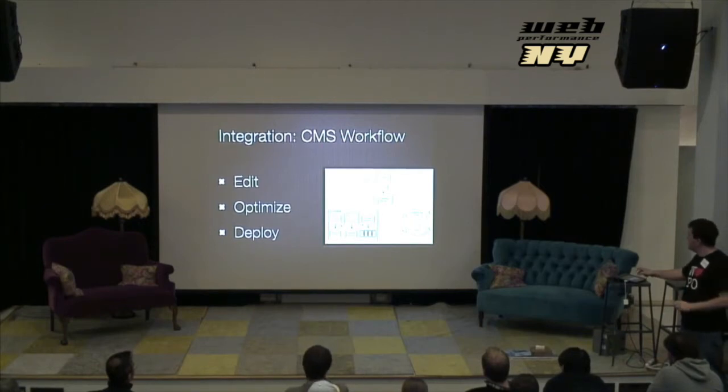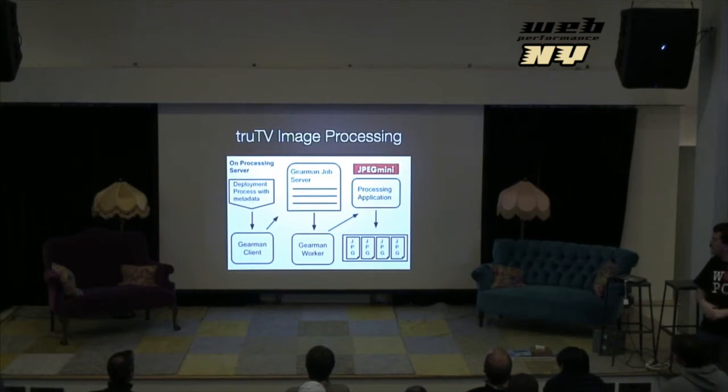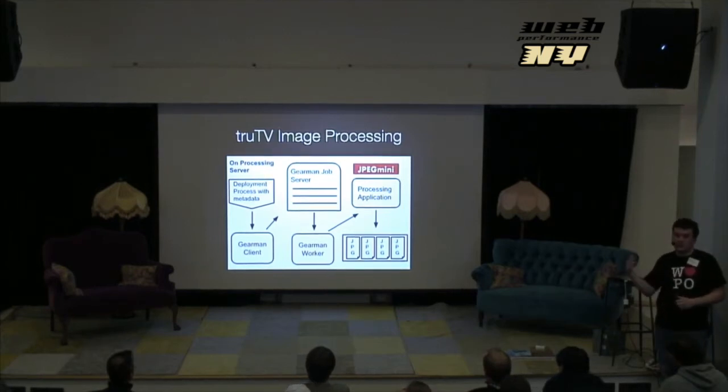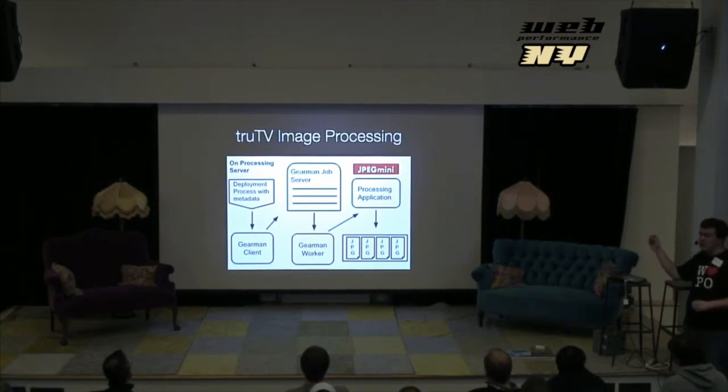So I hope you all read all the details on that slide, so I had another one just to summarize the process. That's what we built at truTV. We have a deployment process that uploads our images to the initial server, actually to all servers, but it also triggers this optimization process, which first detects if an image needs to be processed, whether it's an image or not, JPEG. It picks all the JPEGs and then, asynchronously, runs Gearman jobs to do optimization. We run JPEGmini to create